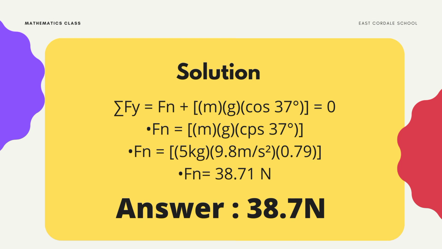Normal force is equal to mass multiplied by gravity multiplied by cosine 37. Normal force is equal to 5 kg multiplied by 9.8 meters per second squared multiplied by 0.79. The answer is normal force is equal to